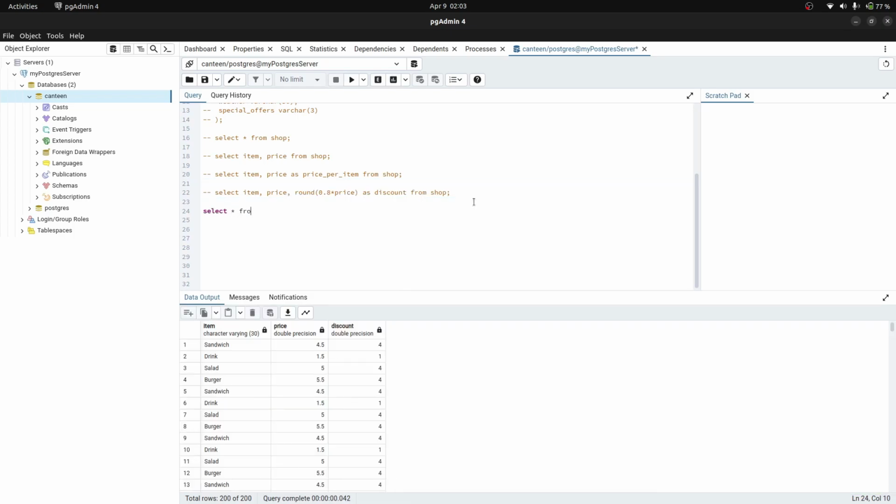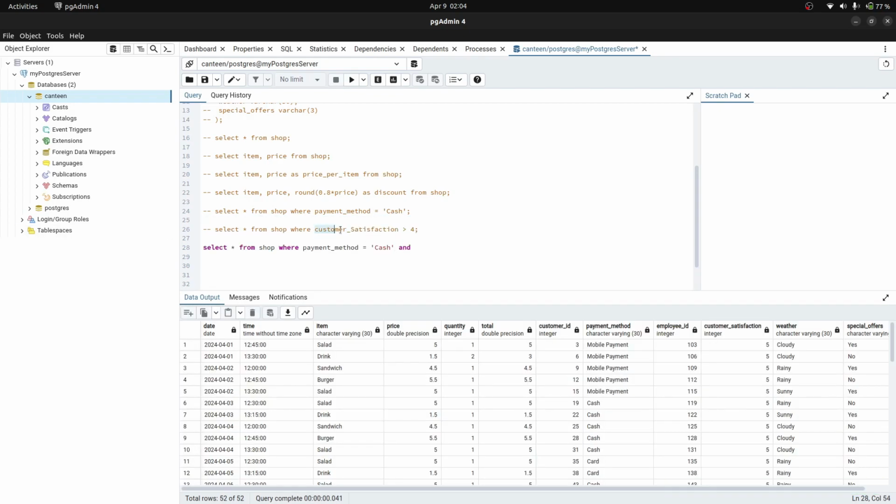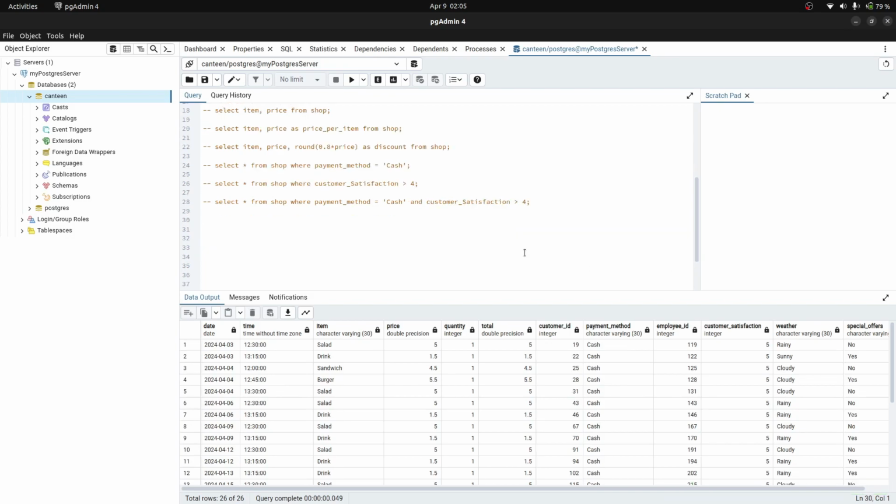Let's filter the data by the customers that pay through cash using the where statement. Similar things can be done with numerical columns like customer satisfaction, or we can also combine both. Now we want to find the total number of items sold. It can be done like this,